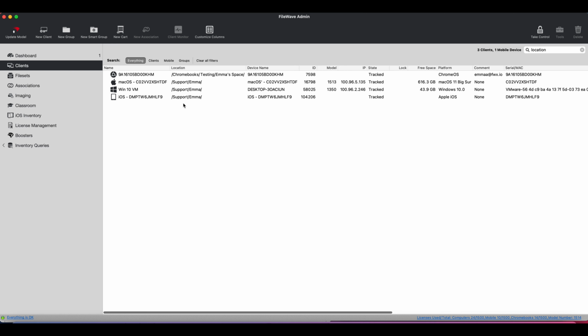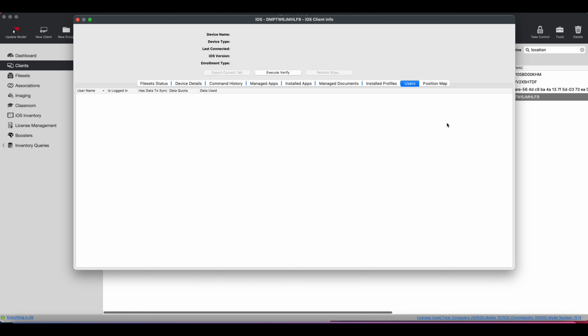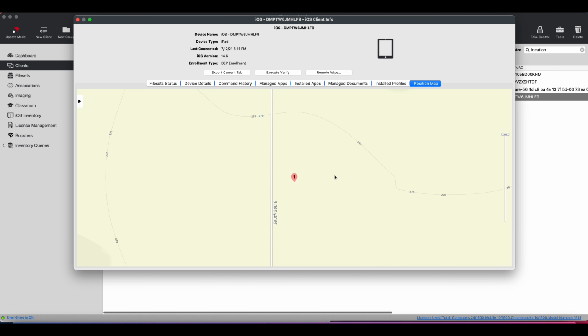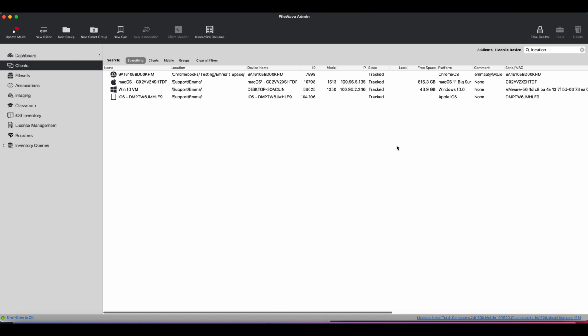So now we go back to FileWave admin. We can open this up. We should see our position map here and our location. And same goes for everything else. You can see when it was last queried and the accuracy. So now that we know how to get everything into our track state and we have our locations being updated every 15 minutes,